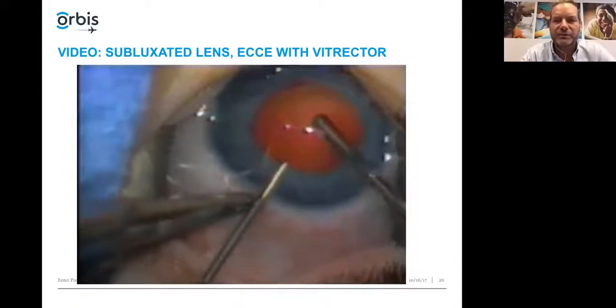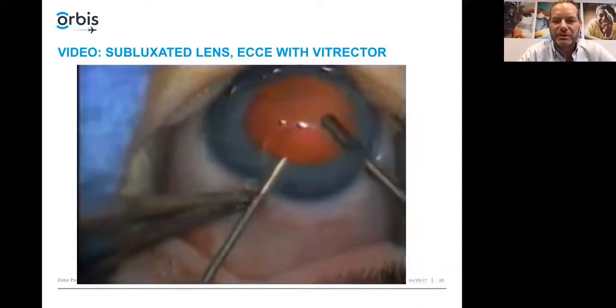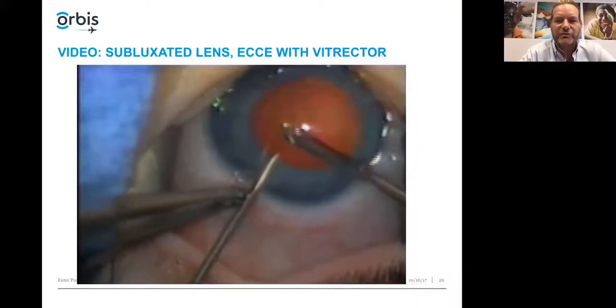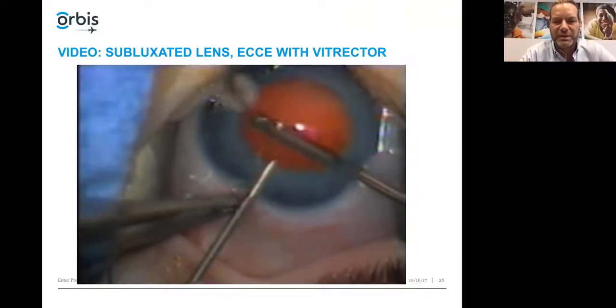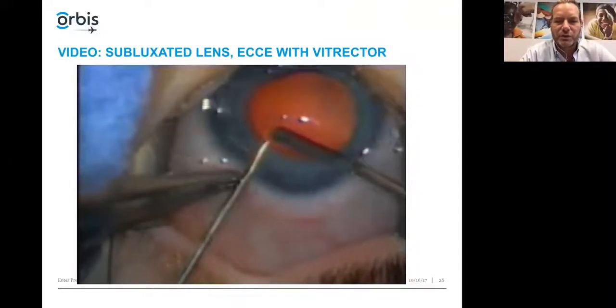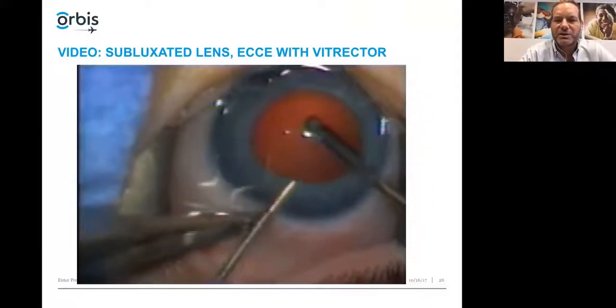It can also bleed. So be very careful, keep the cutter back from the iris when using the cutting action, and use a very limited amount of vacuum. All right, that's a really nice technique to safely remove